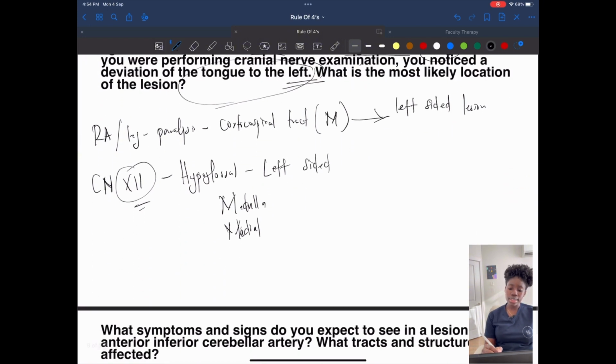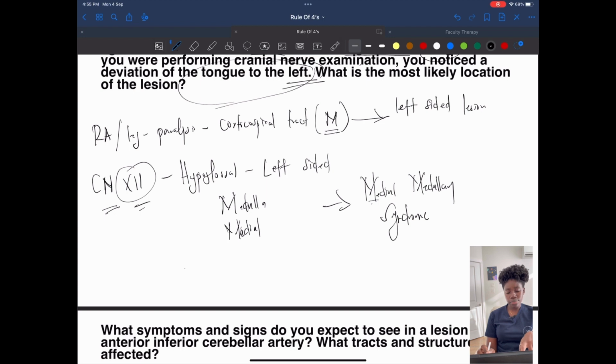So here we are looking at a medial medullary syndrome. How did we establish that it's medial? We saw that the corticospinal tract was affected, and this is a structure that runs medially. We saw that the cranial nerve 12 was affected, which is also a nerve that runs medially. How did we know that it was medulla? Cranial nerve 12 was affected. Cranial nerve 12 is located in the medulla. So medial medullary syndrome. The medial medullary syndrome is a syndrome that occurs when you have a lesion of the